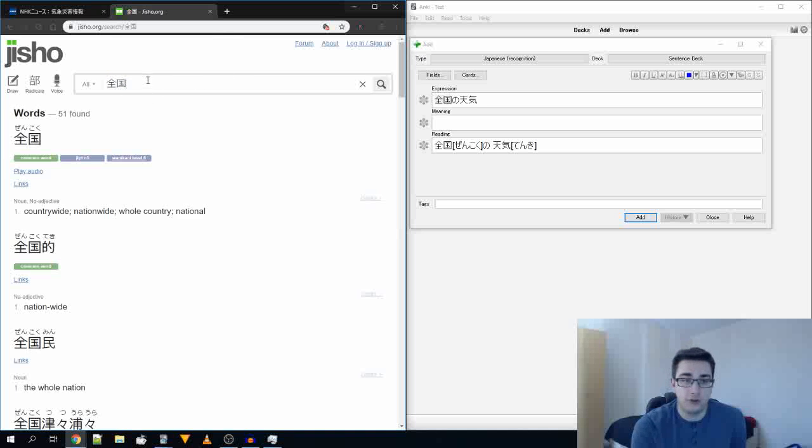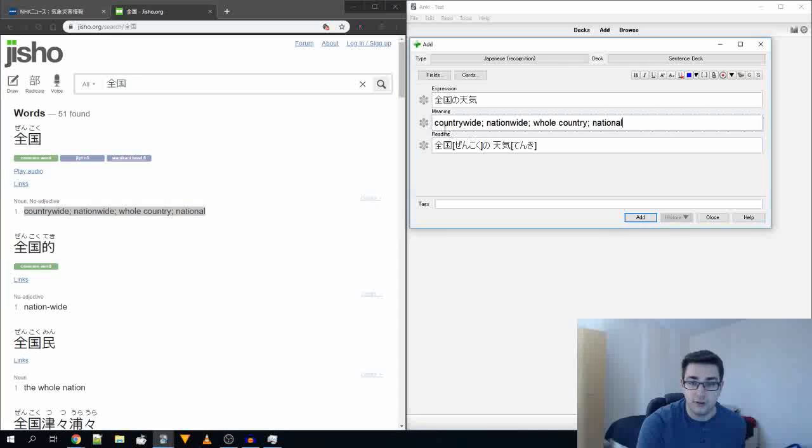But what you would do is you would search the word into Jisho. You would find the word, you check that its reading is the same in Anki because sometimes it gets it wrong, and then just copy and paste the explanation here for Zenkoku, and you can put it like that.